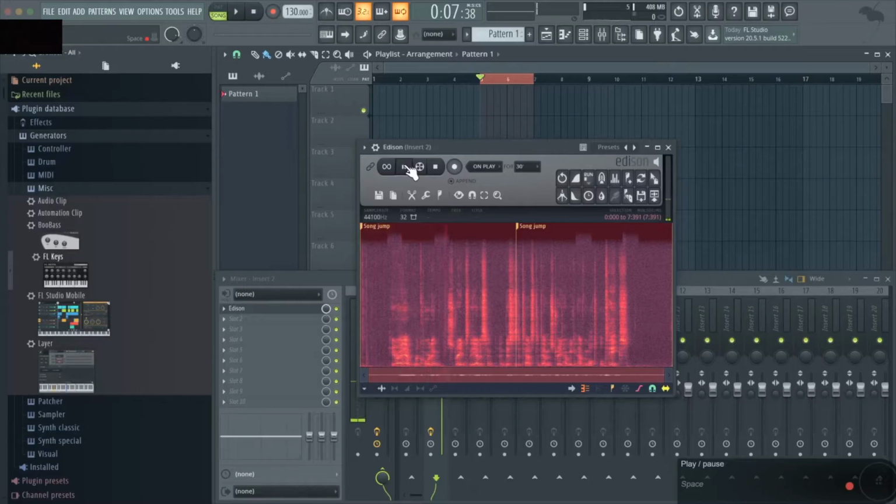Here I am recording straight into the Edison, and this is a test to demonstrate how we can have multiple